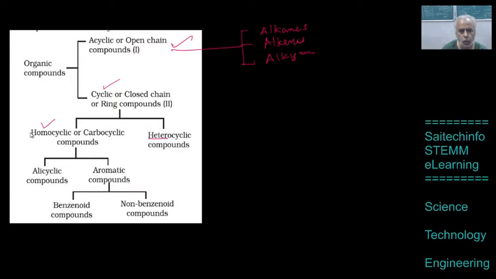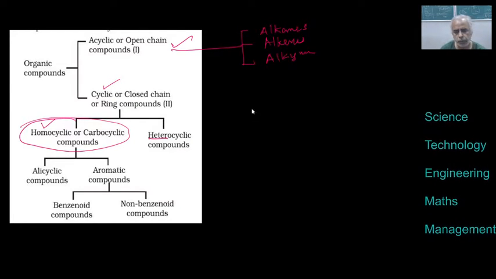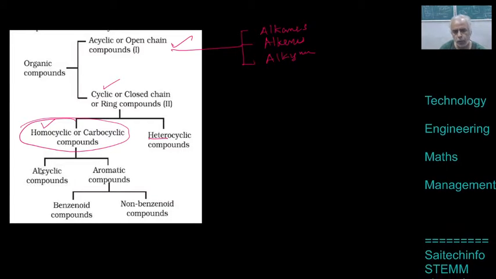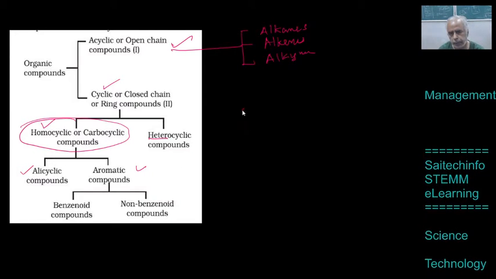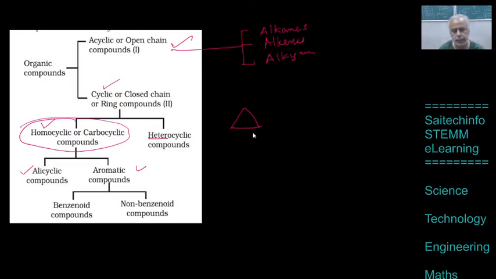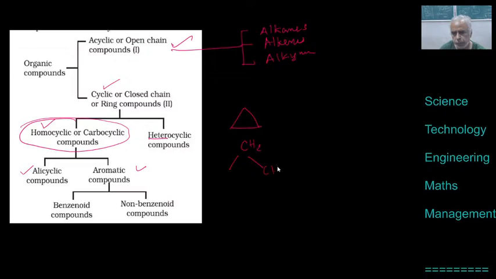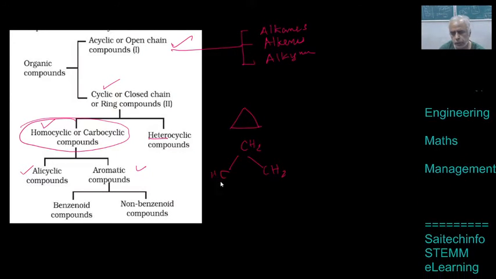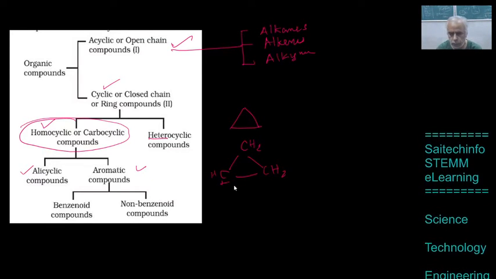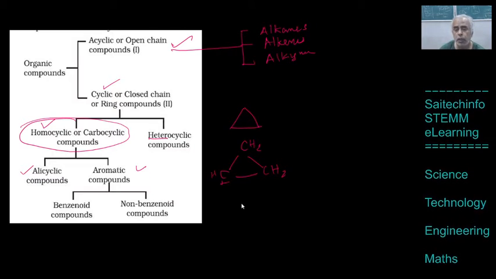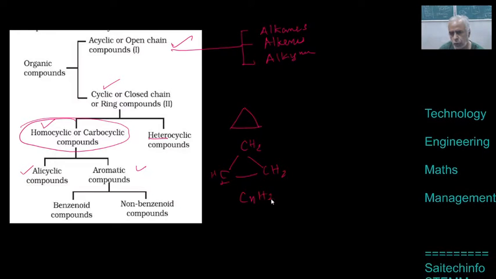And here homocyclic means they consist of the same carbon atoms, and here we have got alicyclic and aromatic. So let me talk about this alicyclic. Alicyclic means, for instance, cyclopropane. That is, it has the structure CH2, CH2, CH2. It is the minimum possible structure, though of course this is not stable. And when you look at the formula, it is almost similar to the general molecular formula of alkene, CnH2n.